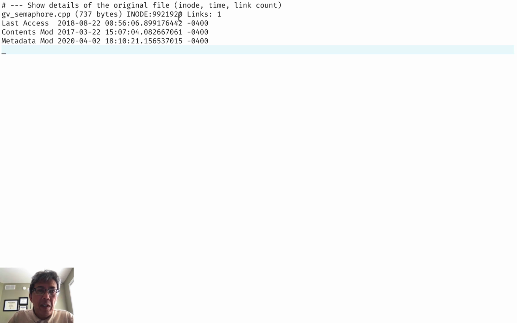The inode number is shown here, and links is the count of how many directory entries are associated with our file. The next three lines show you three different timestamps. The first timestamp is the last access time, the second is the content modification, and the third is the update to our metadata.